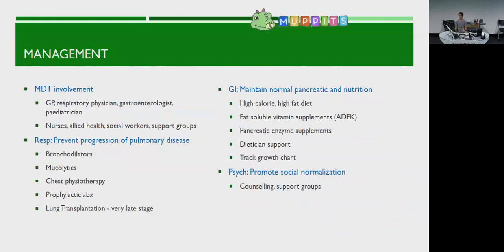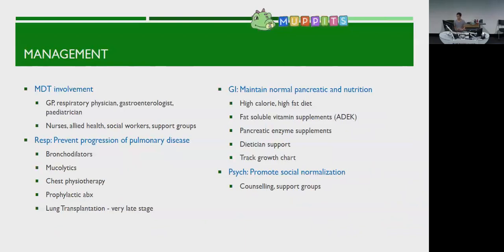So maybe a GP to be the linchpin of the child's management, a respiratory physician, gastroenterology, and maybe even a pediatrician early on, and then allied health individuals as well, so nursing, social workers, support groups, and the like. And the 3 arms of management when it comes to the chronic management of cystic fibrosis is the respiratory side,